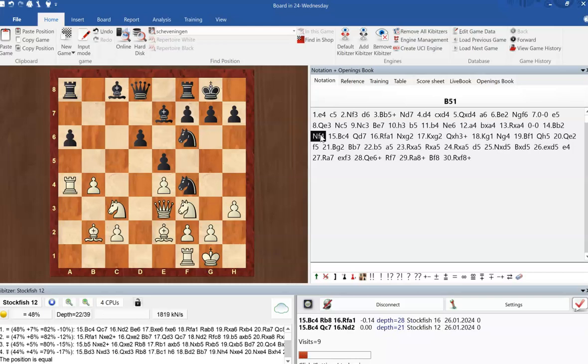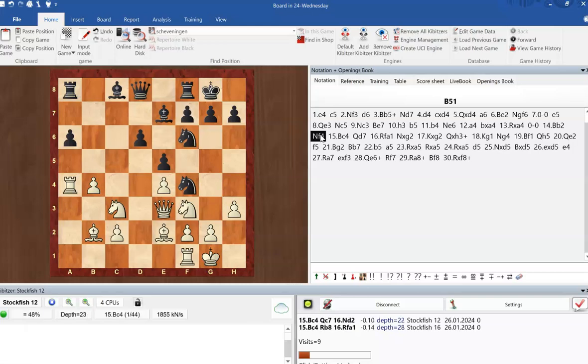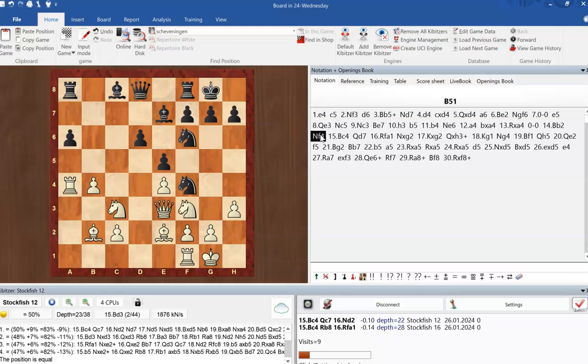So bishop c4 is coming up as the top move. Yeah, the knight is attacking the bishop. You don't want to allow the bishop to be exchanged. On the other hand, you might think, actually, the knight exchanging the bishop might be a good thing. So that would be my theory. I think this is one thing we could do is